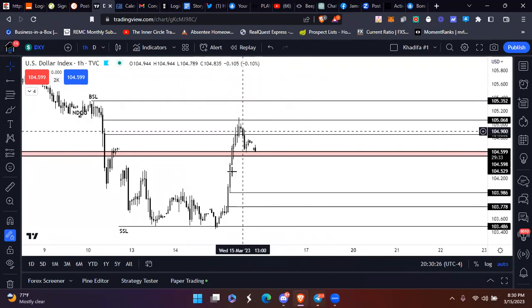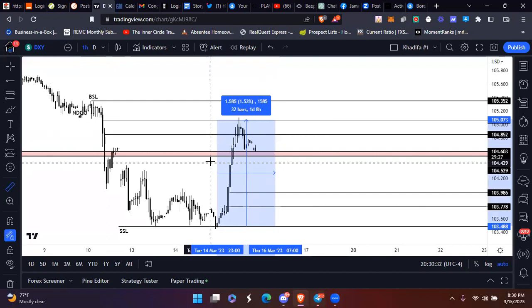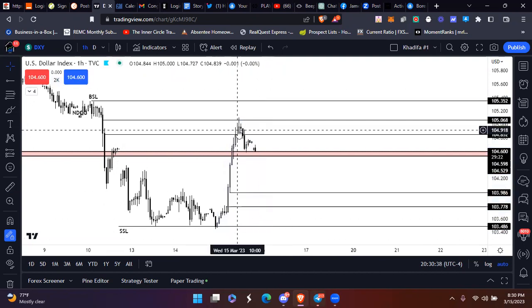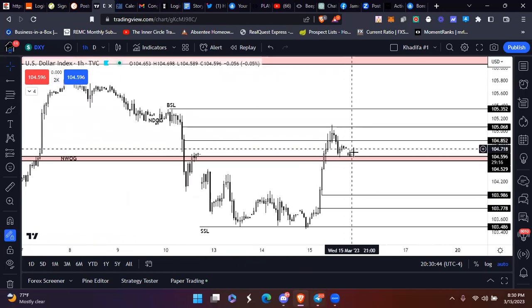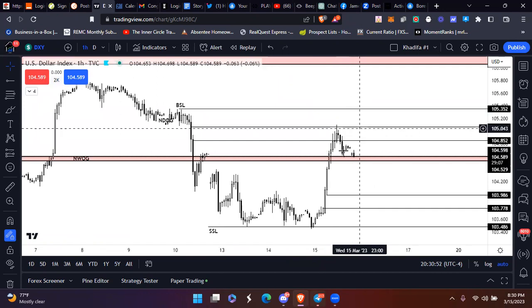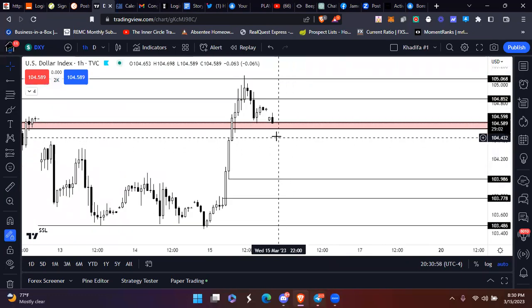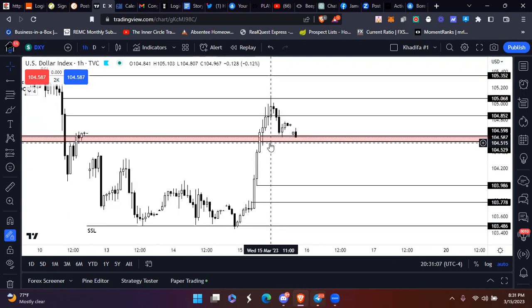But that will be the only way that I am interested in taking a long from where price action is currently at, because we just had a movement of 1,500 pips. So we should expect some correction, some pullback off of that. Not saying that it's going to give us a good pullback, but we should expect that. So that is the only way I will be interested in longing from here. So what I'm paying attention to now for the rest of Asian markets tonight, going into London markets tonight, and New York markets tomorrow morning